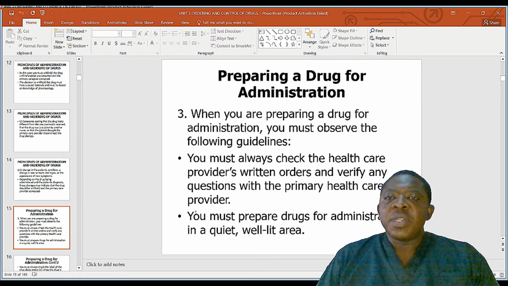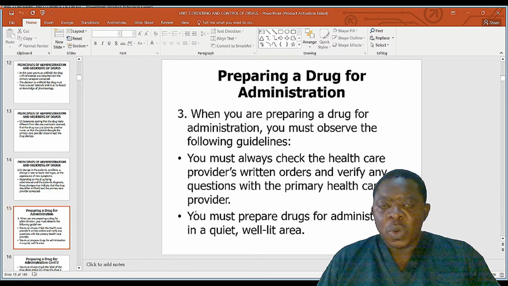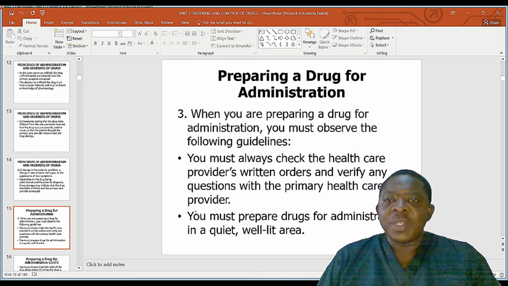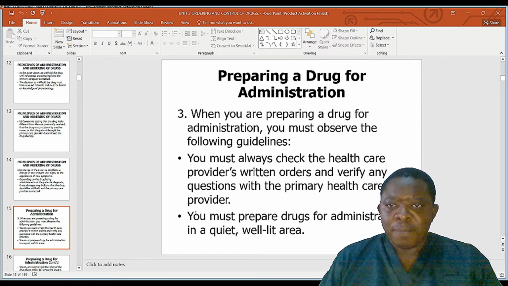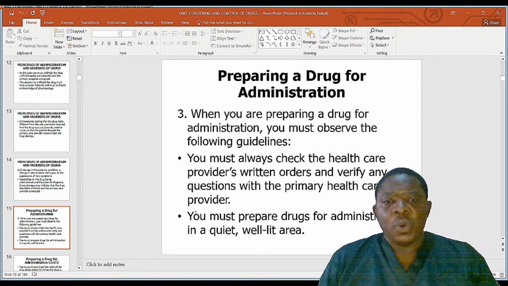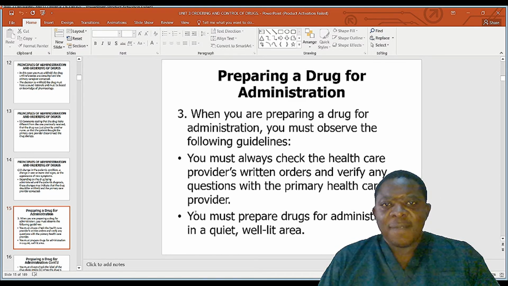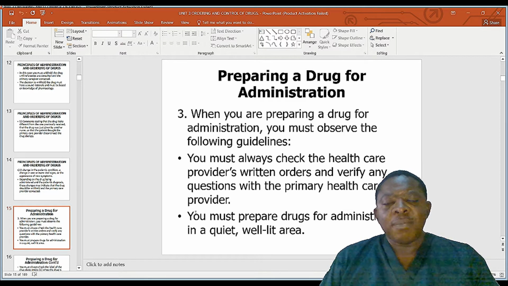Then number 3, preparation of a drug. The golden rule is that when you are preparing a drug for administration, you must observe the following guidelines. You must always check the healthcare provider's written orders and verify any questions with the primary healthcare provider. So we have what we call drug charts. For each and every patient, you have to verify that the drug has been prescribed before you give. So as you are giving the drug, verify with the treatment chart that the drug was prescribed